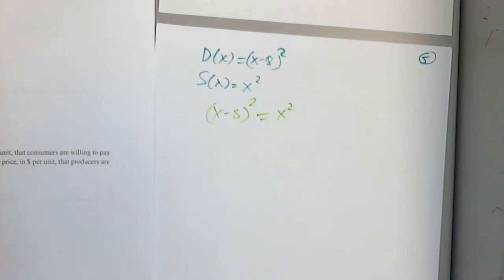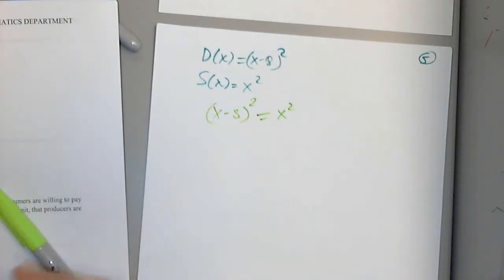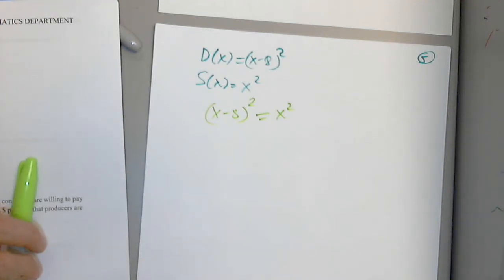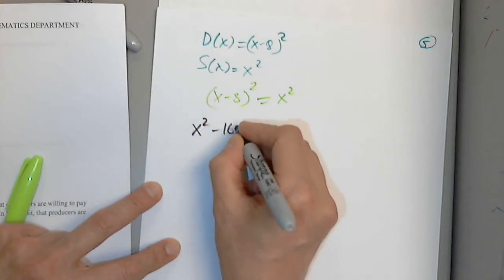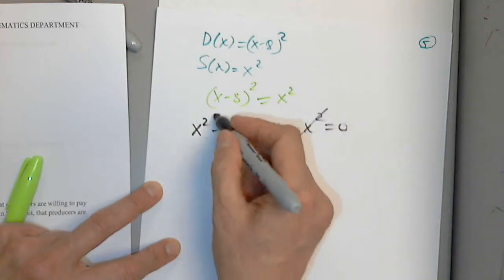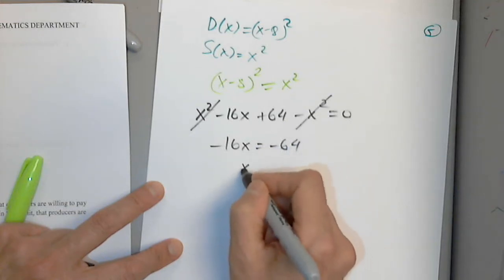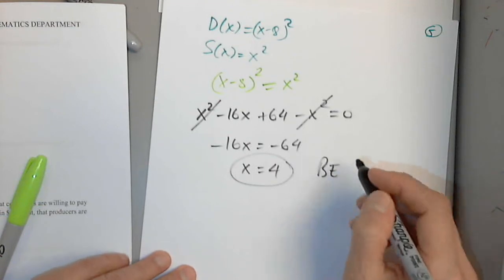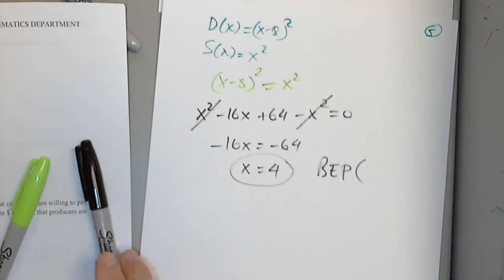You have several ways here, but let's go with Emily's method. I would have put x squared to the other side and factored out using the difference of squares. So that's fine. But then x squared minus 16x plus 64 minus x squared equals 0. So this is negative 16x equals negative 64, so x equals 4. So from the break even, I'm sorry, this is not the break even. The equilibrium point is